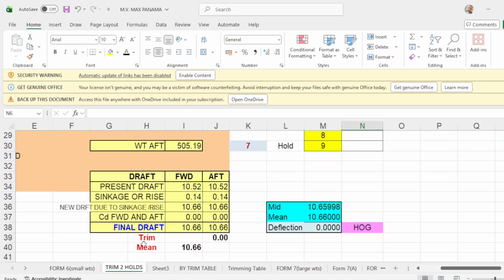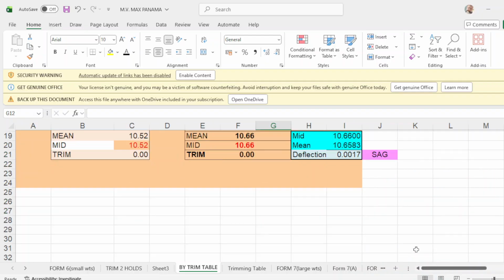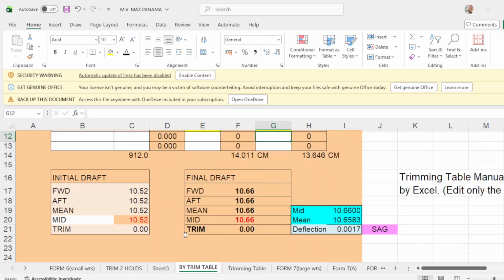You got the same drop of 10.66 even keel, and by trim table, your final drop is 1066. So you have 3 programs to back up your departure drop of 1066. So again, I would recommend that if you have such programs to back you up, then you are pretty sure of your departure drop.